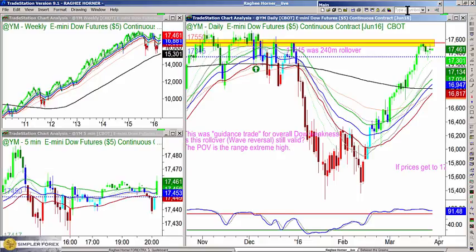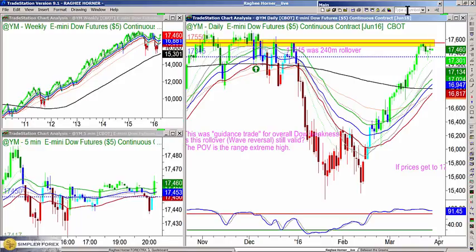I think it's actually more predictable in the way that it moves from major to minor psychological levels. And I think once it gets trending, because you're only looking at a group of 30 stocks, 10 of which account for over 50% of the weighting, versus the S&P with 500 stocks, where the top 10, I think, account for less than 20%. It's a little easier to see that once, say, the Dow gets going, it really gets going. It doesn't take as many stocks to move the index in one direction or the other.